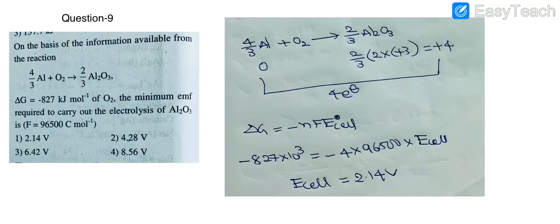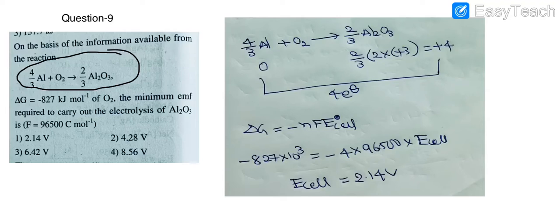And the next important model is delta G and E cell relations. Okay, in this equation they have given the data and they are asking that E cell we have to find. Sometimes they will ask us to find delta G, when they have already given delta G. In this type of problem we have to first find how many electrons are transferred. With respect to any one element you can take it and check it.